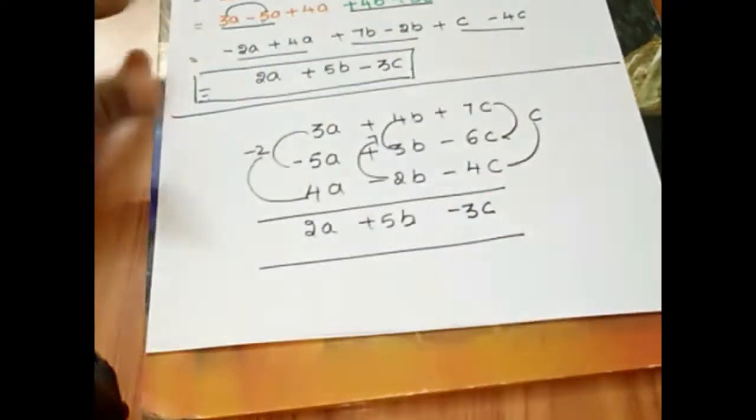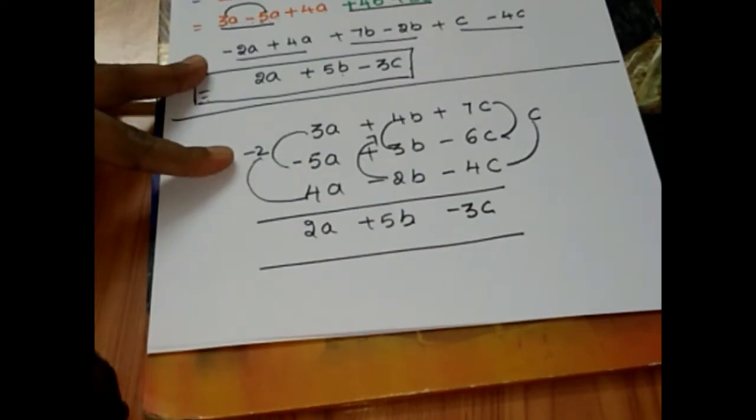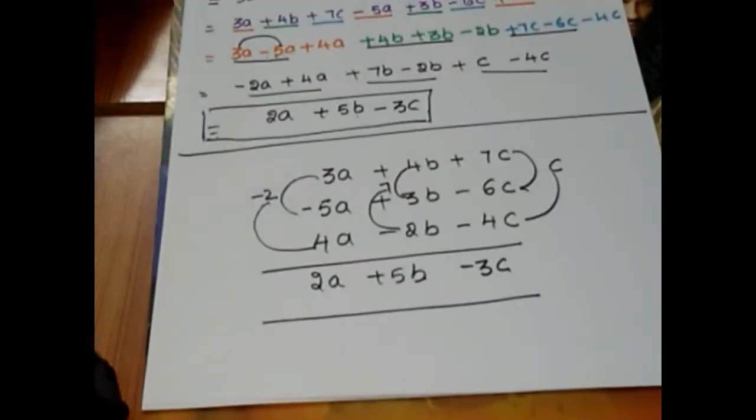In both cases, the solution remains the same. If you are able to solve it by any of the methods, it is fine, but it is suggested to learn both. In the future classes, like 7, 8 and 9, in some cases we have to find it by the row method, and in certain cases by the column method. So it is suggested to learn both the methods.